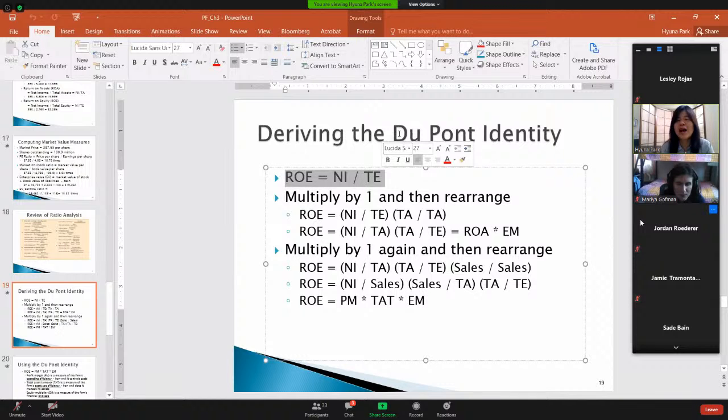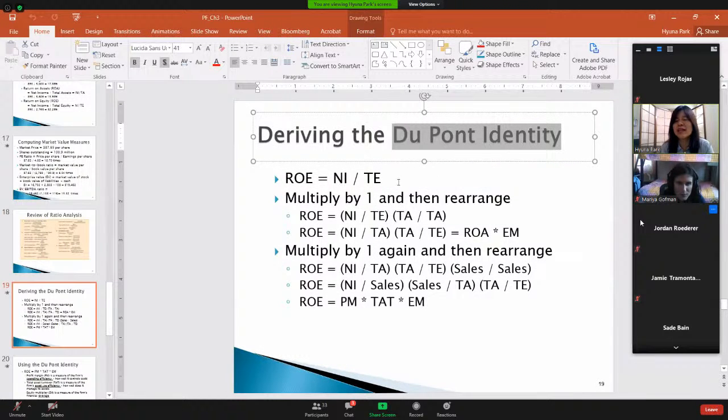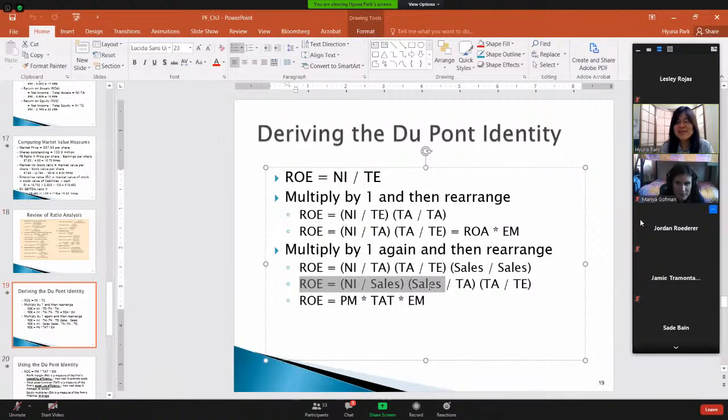So that's why DuPont Identity was developed to identify methods to improve return on equity. So this is the key formula. So return on equity is net income divided by total equity. And then you keep multiplying the same thing, like sales divided by sales, total asset divided by total asset. So if you multiply the same thing up and down,